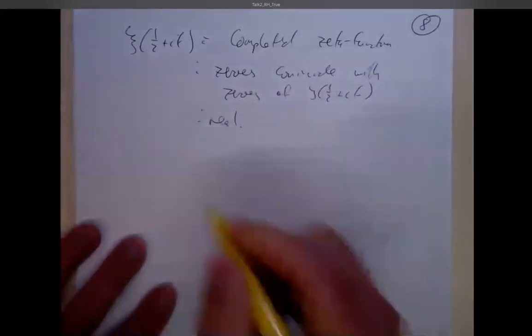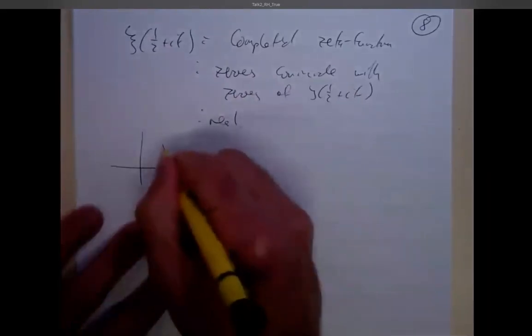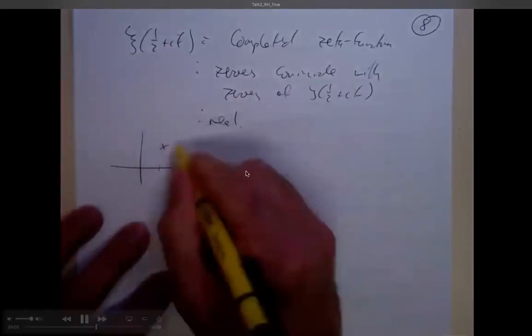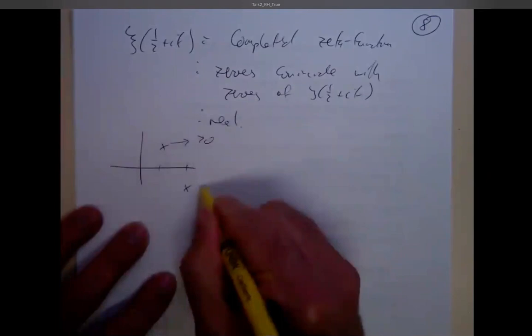Roughly speaking now, I'm just trying to give you a quick outline as to how we do this. I'm not going to go through the technical details, but remember I said before that no one knows where a zero is. If someone says true or false, we know the exact location of a single non-trivial zero of the zeta function? Okay, the answer is false. We don't. The only thing one does, I mean, there could be some exotic method, I'm just not aware of it.